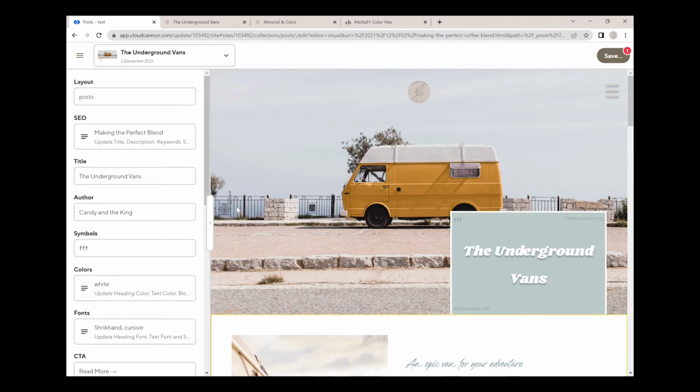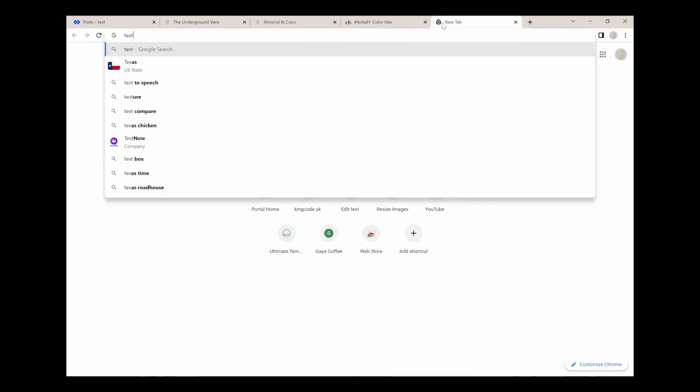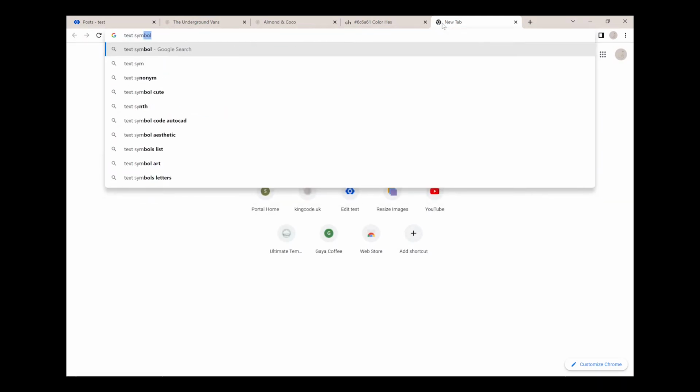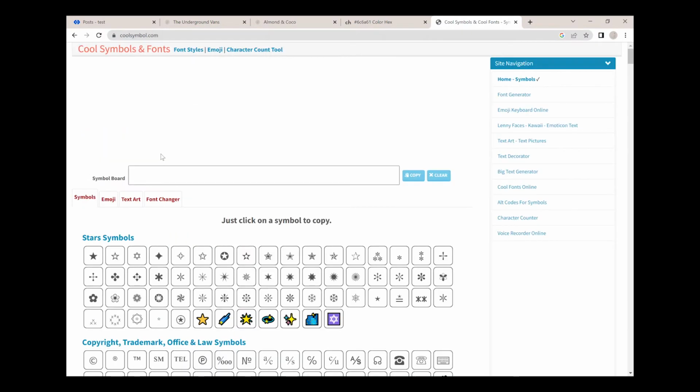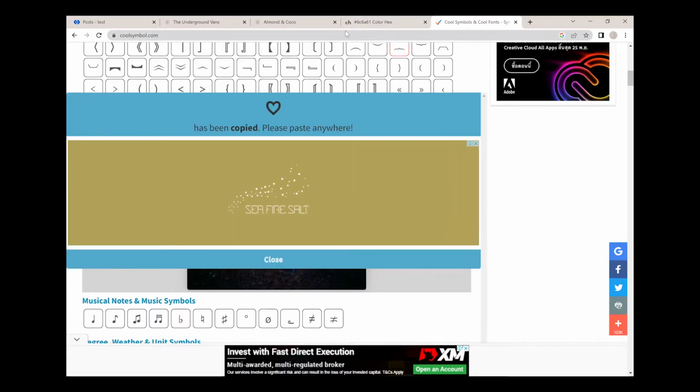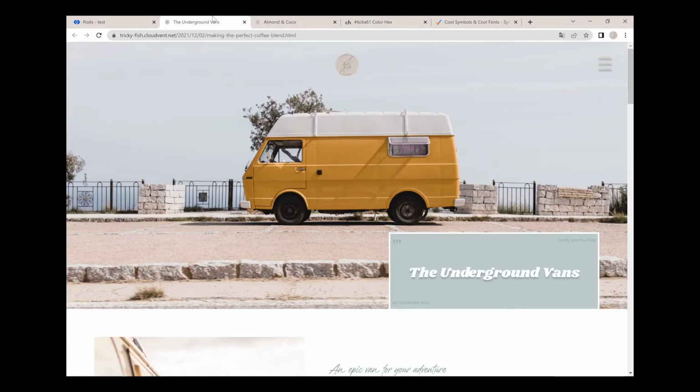Your title, this title here, is going to be the title on the card. It's your blog title. So my blog is Making the Perfect Blend. And then author, I'm just going to keep myself as the author. Symbols, these are the little cool thingies here on the top left side. You can choose any text symbols. You also don't even need to use them if you don't want to. I'm going to go and choose this little heart because I think it's kind of cute, and just so you